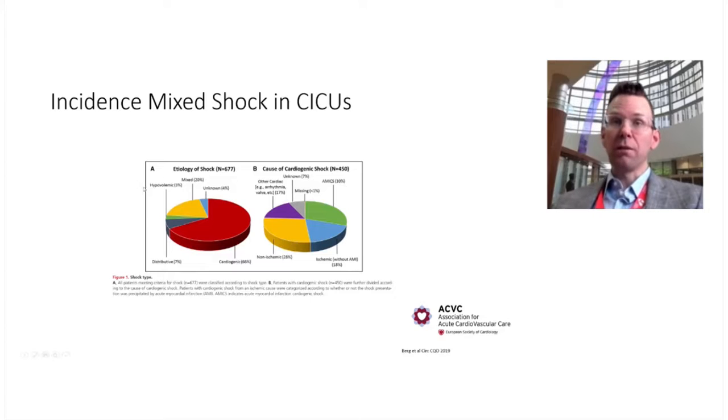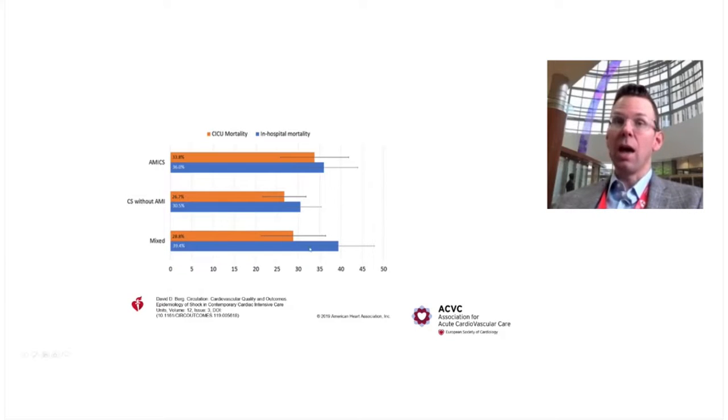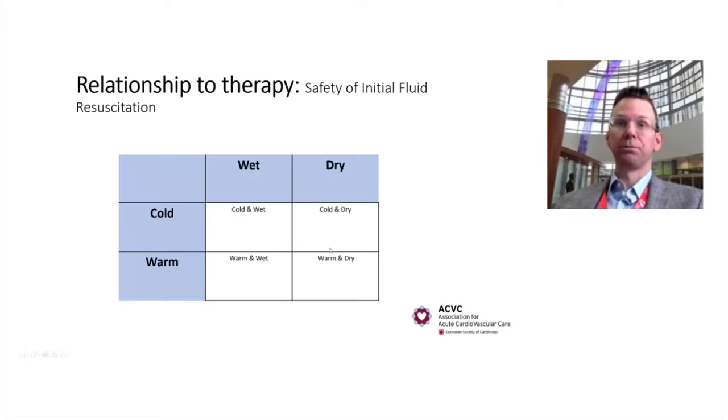Here's from the C3TN, one of the first analyses of over 20 primarily tertiary CICUs in North America. And what you can see here is cardiogenic shock, still the most classic form of shock in your CICUs, but a full 1 in 5 have mixed shock, which is sort of the historical domain of general medical ICUs. And at least by the point estimates, it's important here that the group with the highest point estimate for in-hospital mortality is the mixed shock cohort. All right, so how does this relate to therapy?